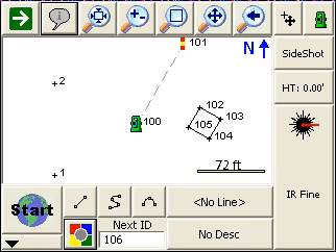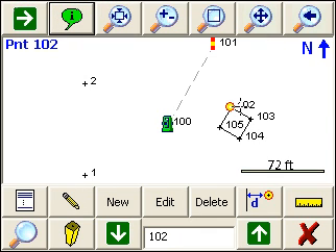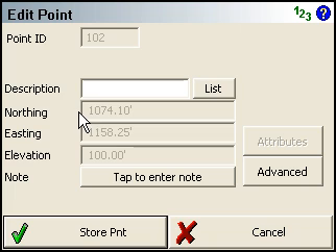I'm going to show you how you can review your point coordinates in FieldGenius. There's several ways. One way is just individually, if you select on a point that you want to look at. For example, I just clicked on point 102. Then you can press the Edit button, which will take you into the Edit Point screen, where we can see